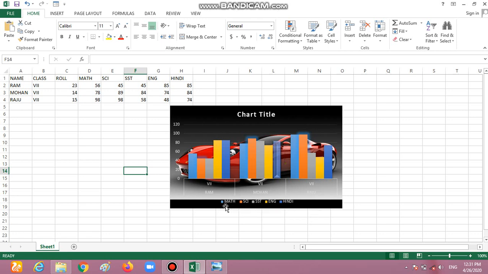Now we have the sky blue math. He has not more than 60. It's more than 50 because it's in the 40 to 60 range. So it's more than 50, but not more than 60. Now we see what number he has. He has 56. So that's how we can read a chart.